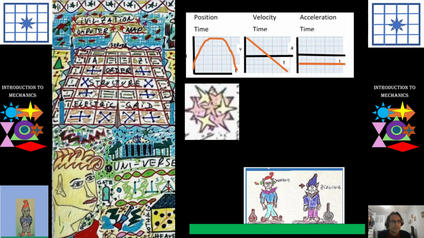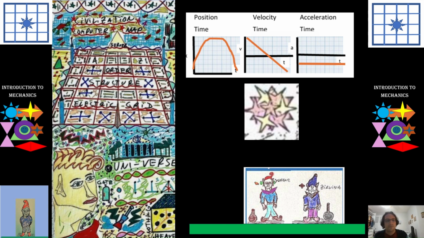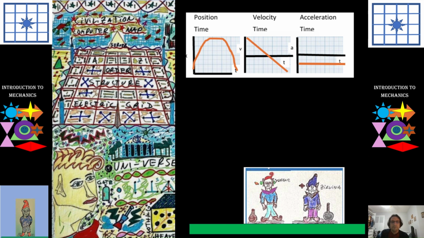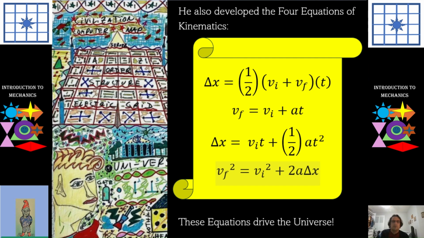We start off with positive slope, then zero, and then negative. You have the diagonal with the negative slope for velocity versus time graph. And then the acceleration versus time graph is a flat line below the axis. So you have a way to express motion with graphs, because graphs become a meaningful way to describe what's